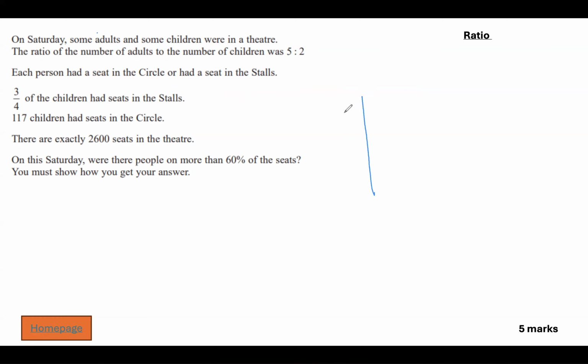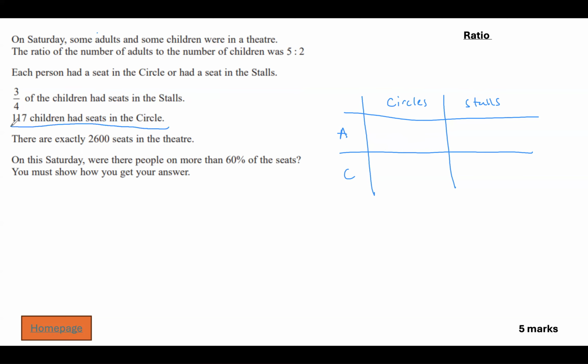Now, might be worthwhile to just draw a two-way table here. So we've got adults, we've got children, we've got seats in the circles or the stalls. Now, it says 3/4 of the children had seats in the stalls. 117 children had seats in the circle. Okay, so 117. So 117 children